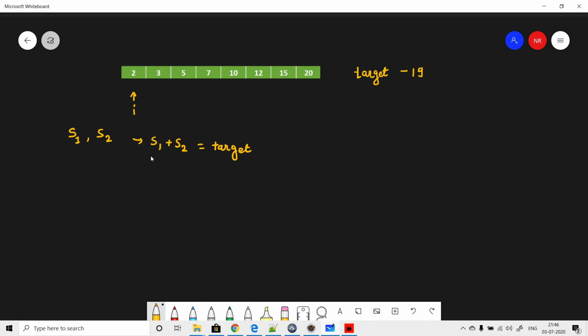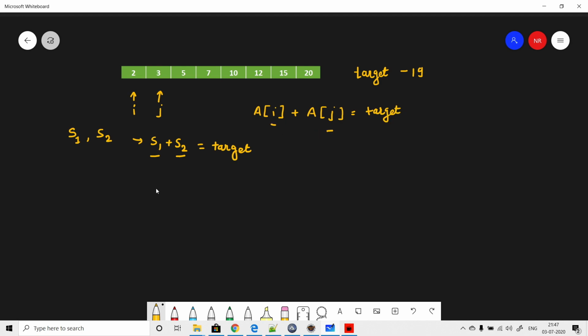To find S1 and S2 in the brute force way, one loop can go over each number, and the second loop will check for S2. If array of i plus array of j matches your target, then we can return that i and j.